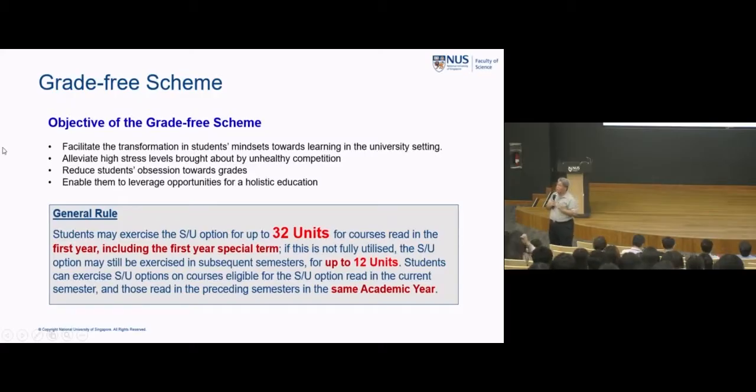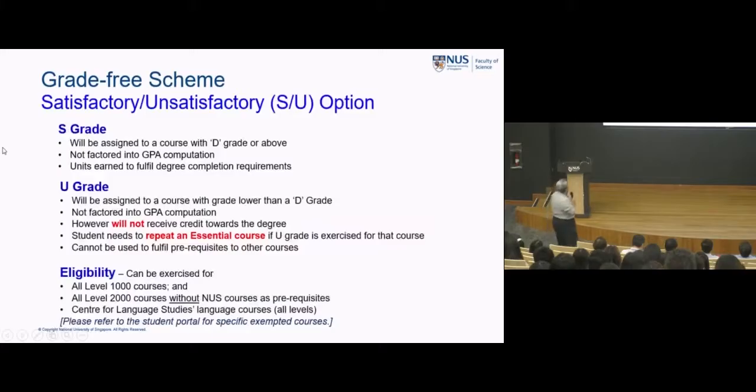It's okay. Push yourself. Go out there and do this to see whether you can do it or not. But if you really didn't do that well, you have the option of putting what we call an SU, and it will not affect your grade point. Okay? So don't be fixated with your grades. So if you actually just get a D and you don't want the D to appear, you put an S there. You choose to elect an S, right? And therefore, you will not get it into your grade point average.